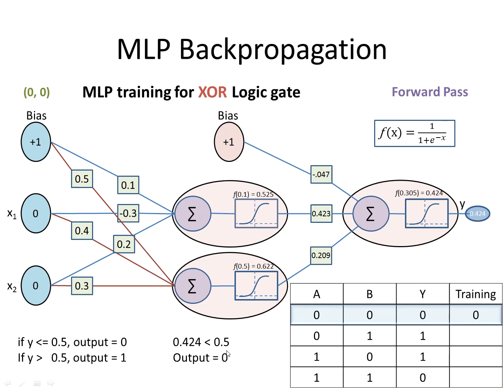But in this case we see that 0.424 is very near to 0.5, and we can decrease this error more with the back propagation algorithm to reach a certain point where it will be something like 0.001. Accordingly we'll need to reach the global optimum solution, so we'll need to move ahead with multiple iterations, sometimes 500 or 1000 iterations, and only then will we reach that global optimum solution. So this is just one iteration, two iterations I have shown for the training of the XOR logic gate. Accordingly we will move ahead, then we can get the full solution.